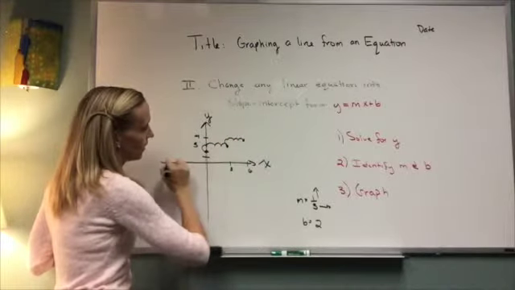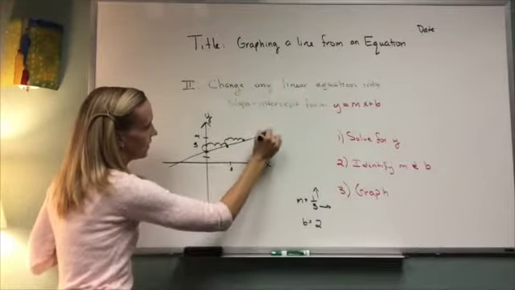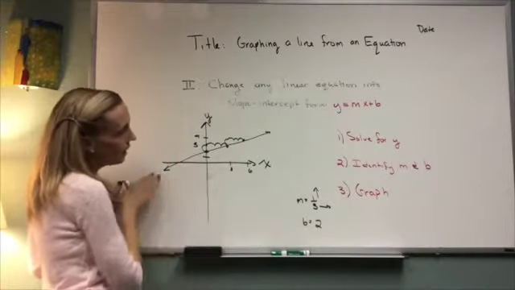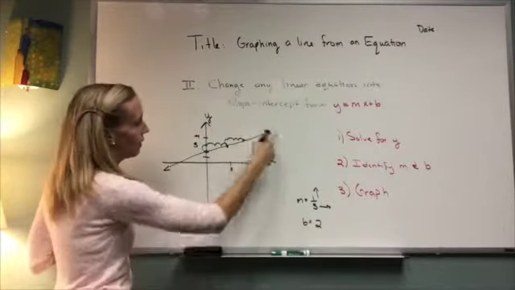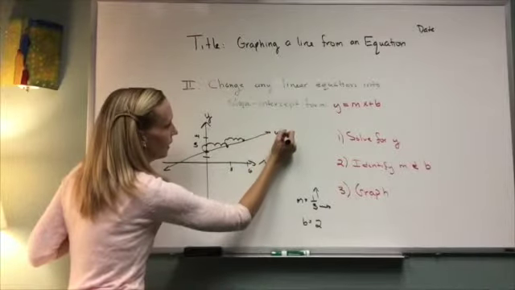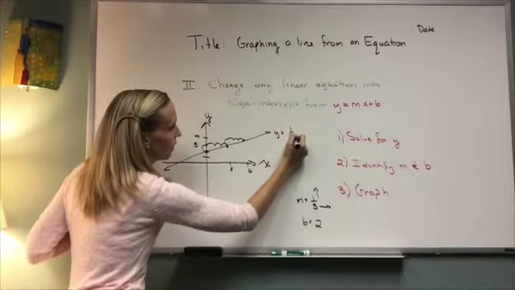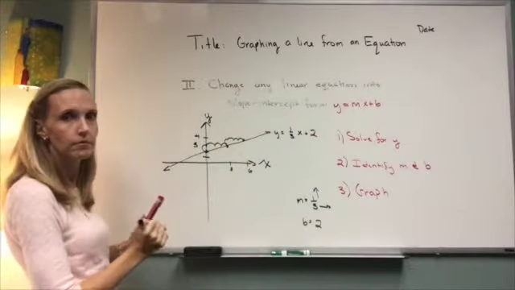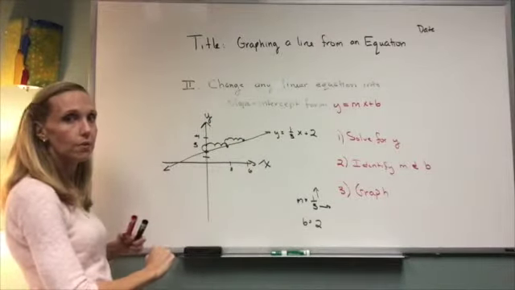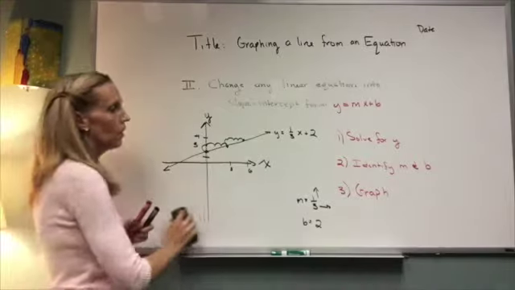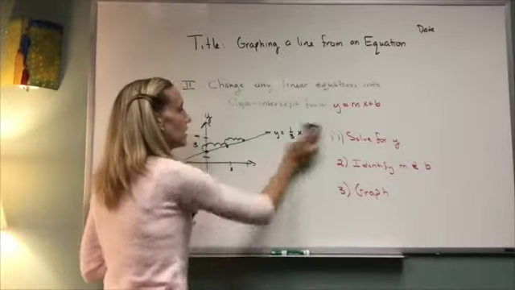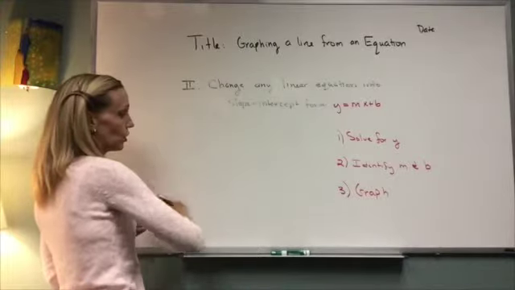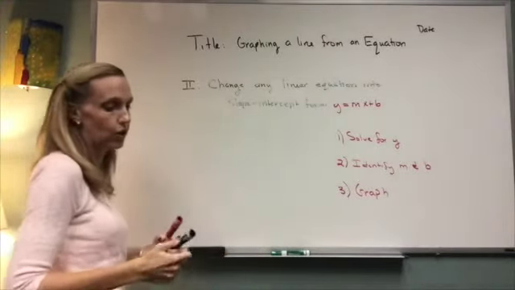So let's connect our dots. We indeed have a positive slope because as I go from left to right, it's going up. I put my arrows and I label my line with the equation, which is 1/3 x plus 2. Again, questions, write them down. Okay, for the next two examples, I trust now that you can graph them. So we're just going to solve for y and identify our slope